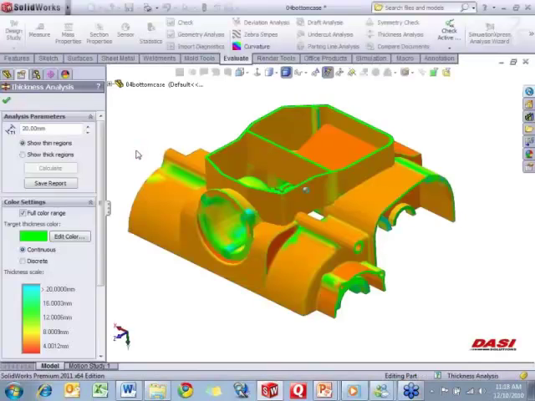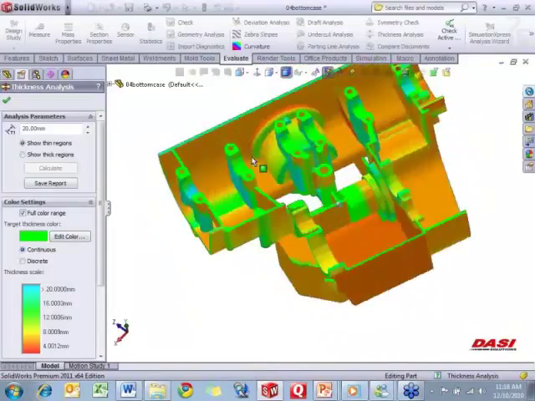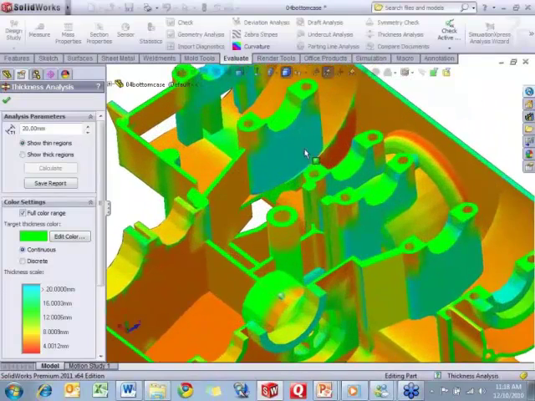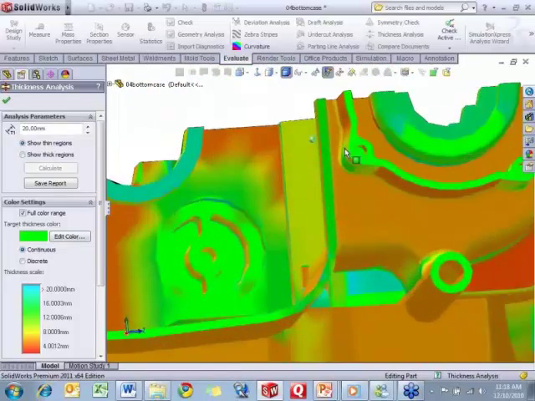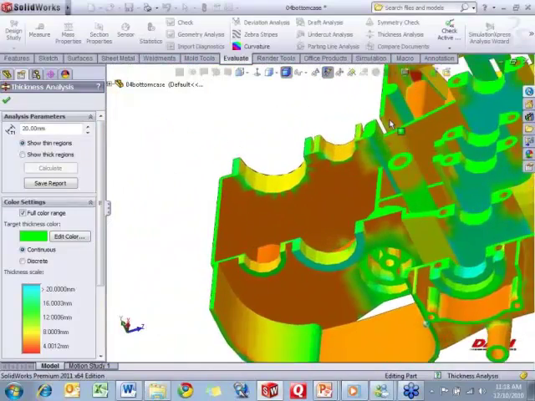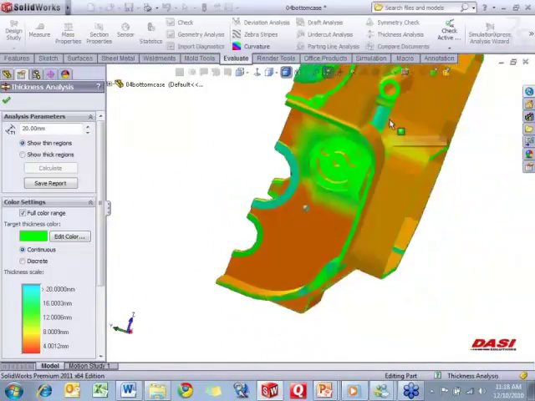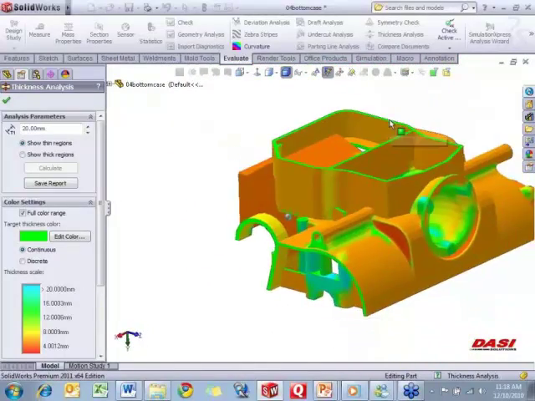Well, again, now as I rotate this around, we'll find out where some of our areas of concern might be. If I'm looking at red, it's showing in this case that that face is 2 millimeters thick, and that might be a problem for me. It's a lot easier to find out where these are by using thickness analysis. Okay, and then we can take action on this, once we've